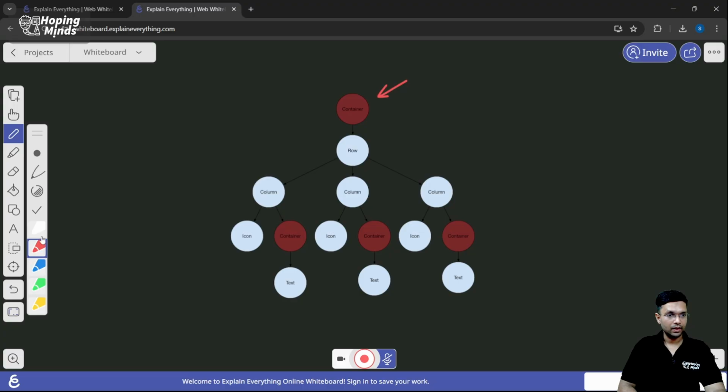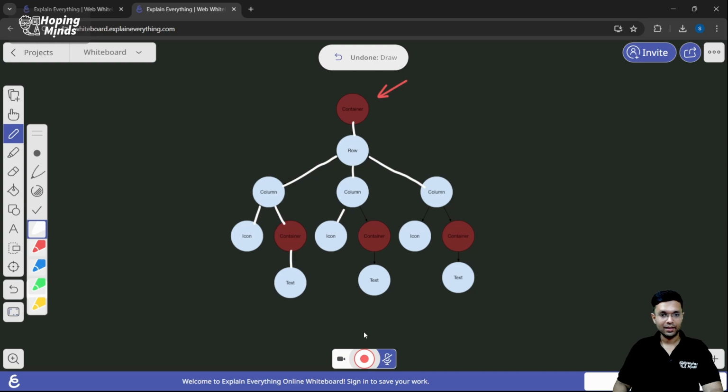The container has one row, the row has 2 columns, and in fact 3 columns, and so on and so forth. The tree is keeping on growing. So what I'm trying to show to you over here is the widget tree. Let's say if it misses out on a node, the white color line which exists from the parent to the container, if it loses that, then this part of the widget